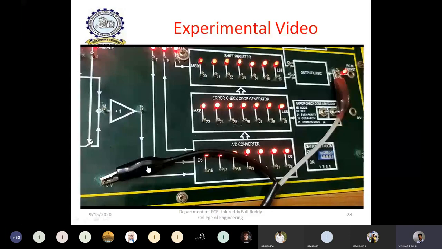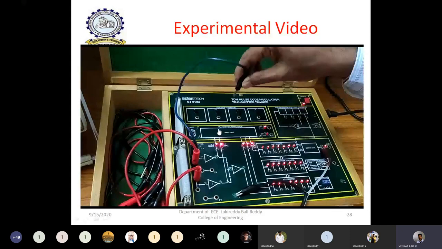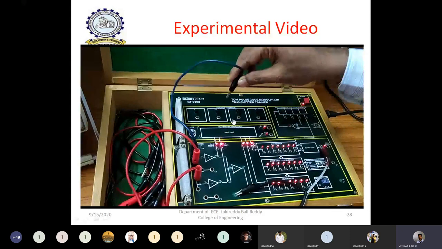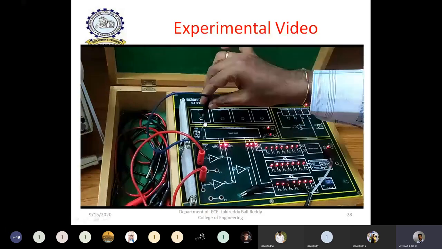Now let us see how to take only one sample value. For that, instead of taking a sinusoidal signal, we are taking the DC signal. The DC signal provides a constant amplitude value, whether it may be 3.2 volts, 1.2 volts, or 2 volts, whatever it may be; you can change the value. Based on our input sample values, we can take any one sample value as the input signal. Only for that sample value, we are going to observe the encoded bit sequence. Then you can clearly observe the PCM output.